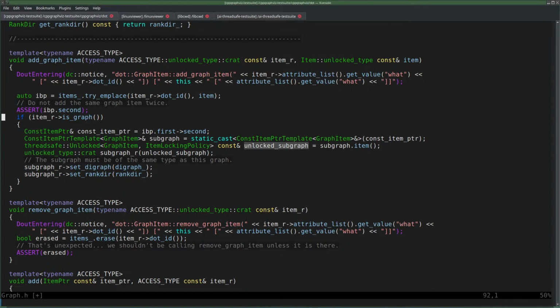If item R is a graph, add graph item. So we add a graph item, sorry, but just add an item to a graph, that is the current object.